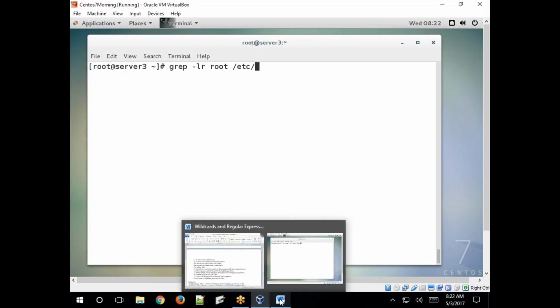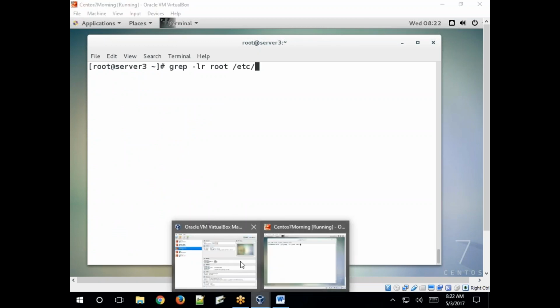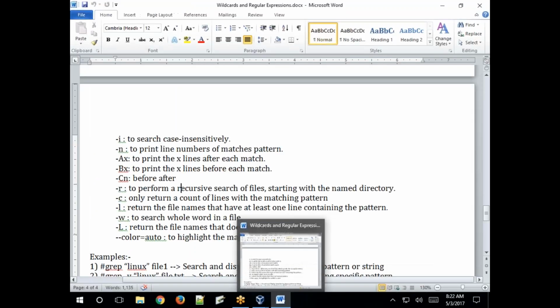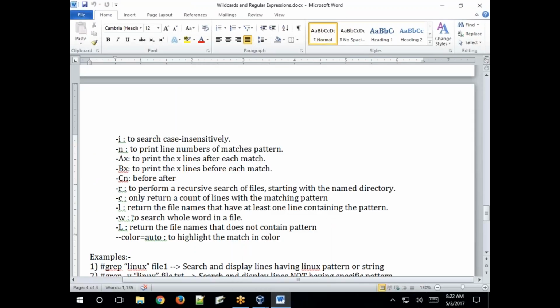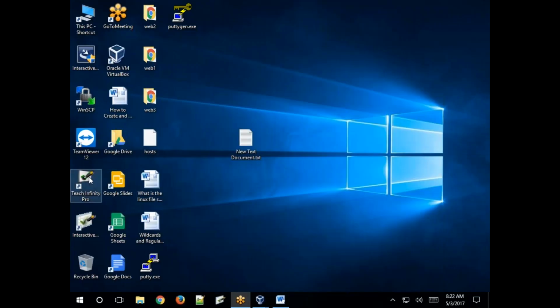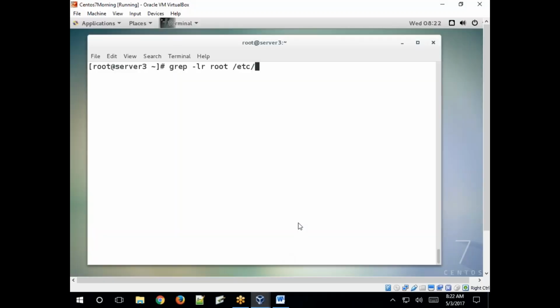So next, whole word. How to search for a whole word pattern? -w, to search for a whole word in a file. So here, what is that pattern? I'll give you an example. Inside any file, cat file 3.